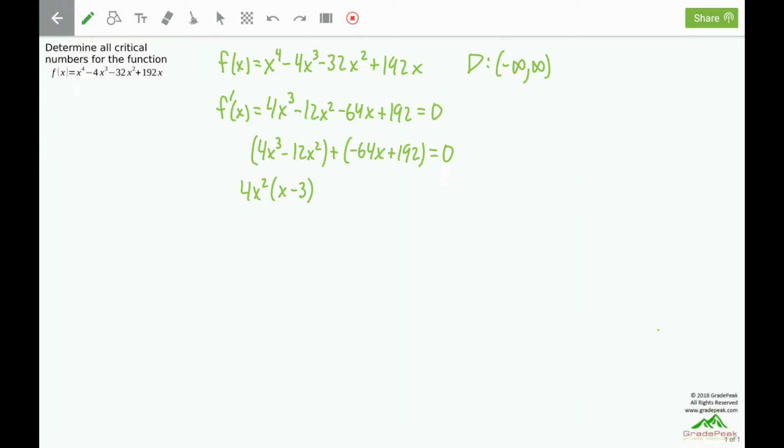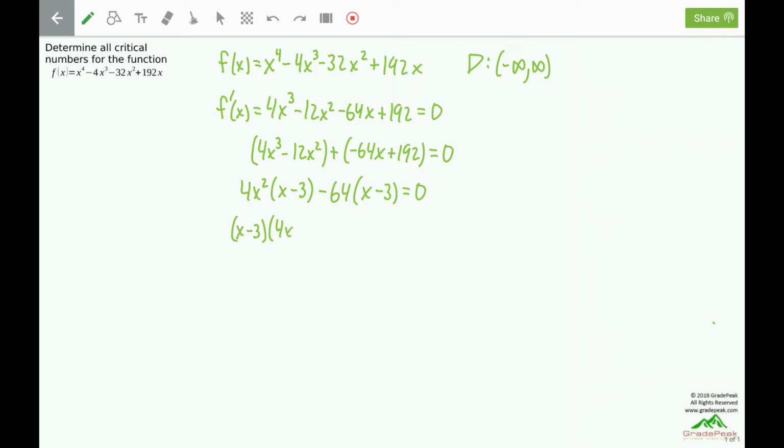And for the second grouping, there's a common factor of a 64, and we will factor a negative out with it as well. This will become a positive x, and 192 is 64 times 3. Since we're factoring a negative 64, it'll become a negative 3. Since what's left is an x minus 3 for both of them, group factoring is possible, and we can now factor out an x minus 3 from the entire expression,